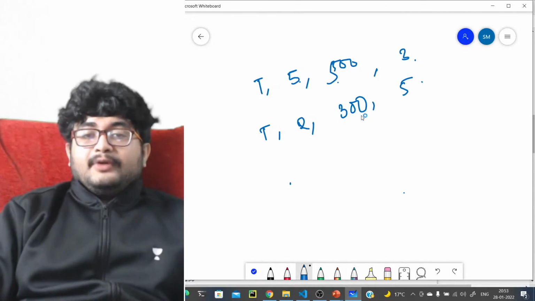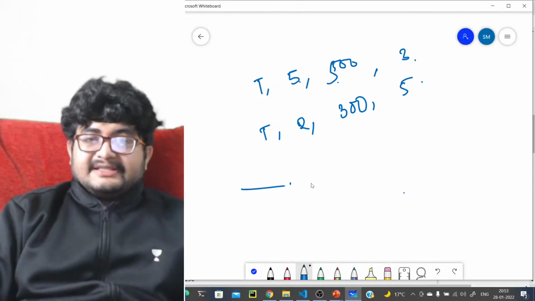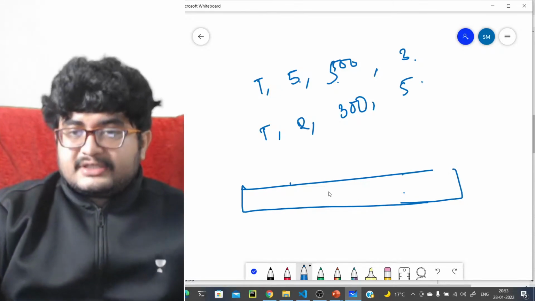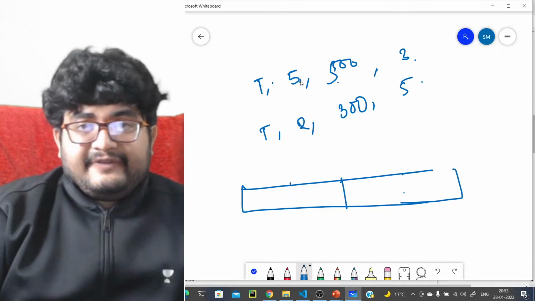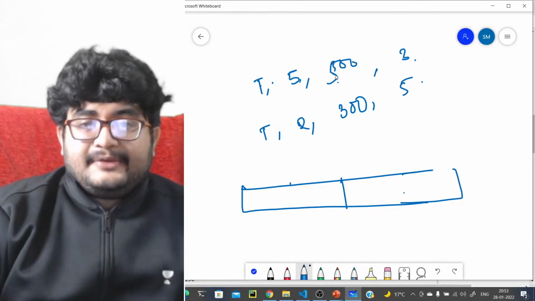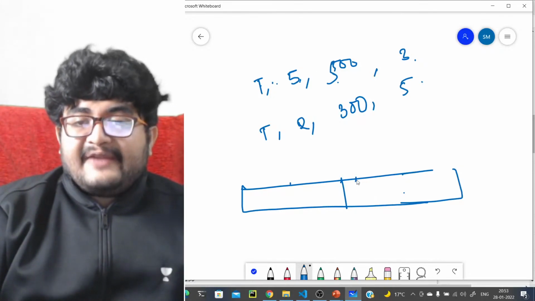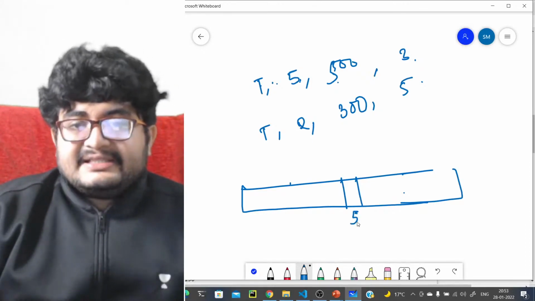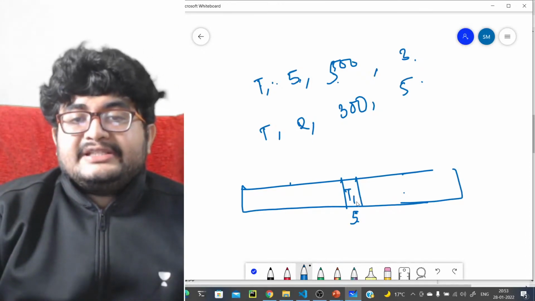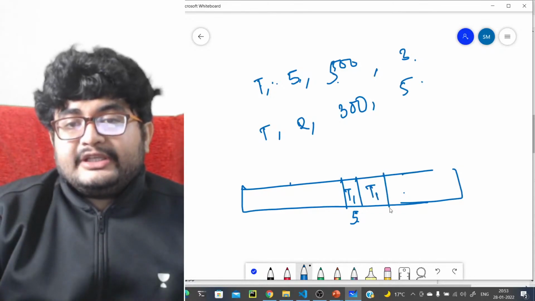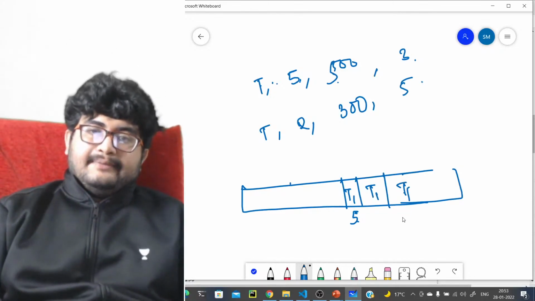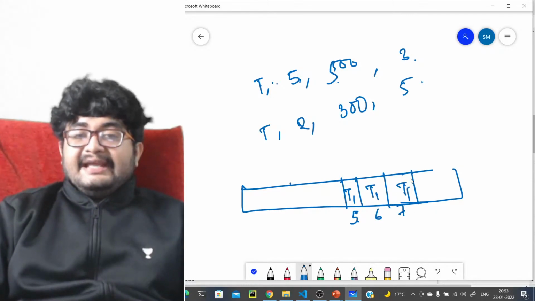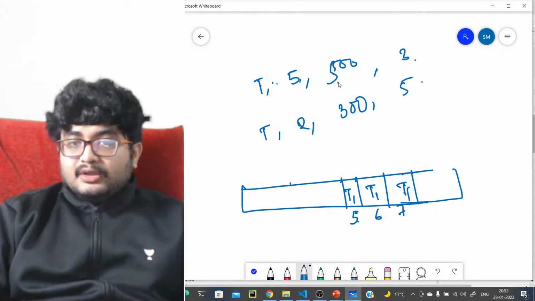So what will be the problem here? If you're assigning them, what you essentially have to do is, let's start with the brute force algorithm. We'll start off with the first maximum sadness value instructor. So he will appear on day 5. So from day 5 he will be getting the priority, definitely. From day 5, this will be given to teacher 1. Day 6 will be given to teacher 1. Day 7 will be given to teacher 1. So this is definitely there, right? This will definitely happen because he has more sadness value.